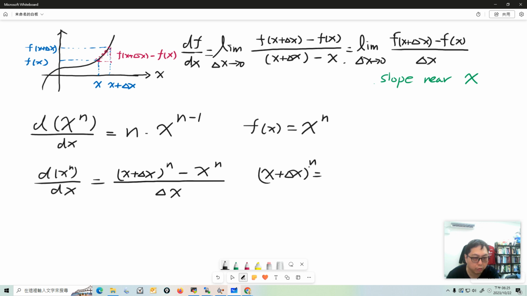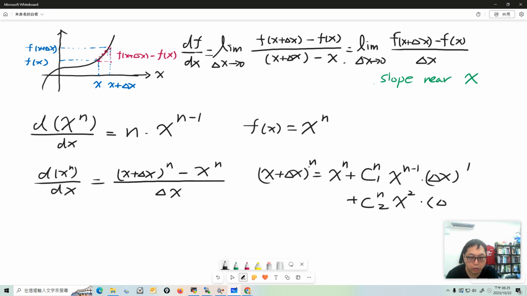It becomes x to the power n, plus combinatorial C(n,1) x to the n minus 1 times delta x, plus C(n,2) x to the n minus 2 delta x squared, plus C(n,3)